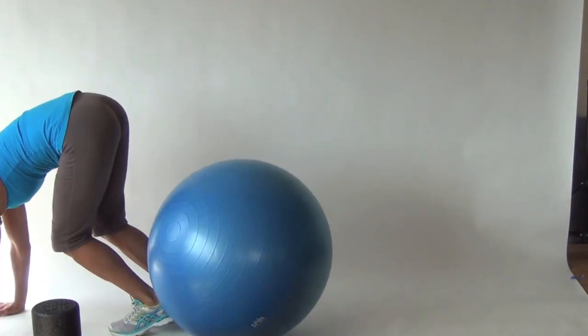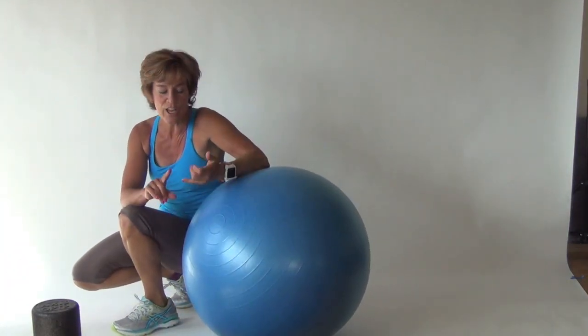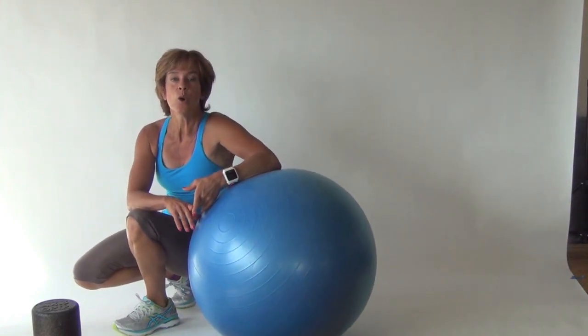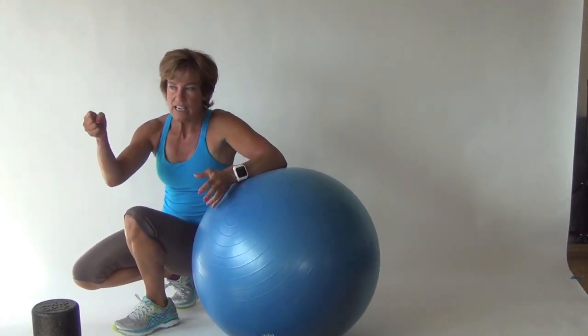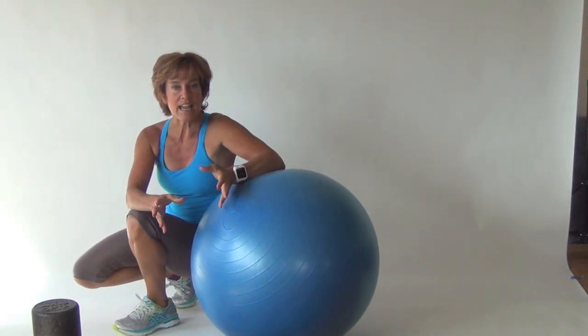And that's it. Now there are other exercises that you could do using cables at a gym, or if you have them at home, or using tubing, as long as we're anchored on a door. We're going to save those for another day. So right here,